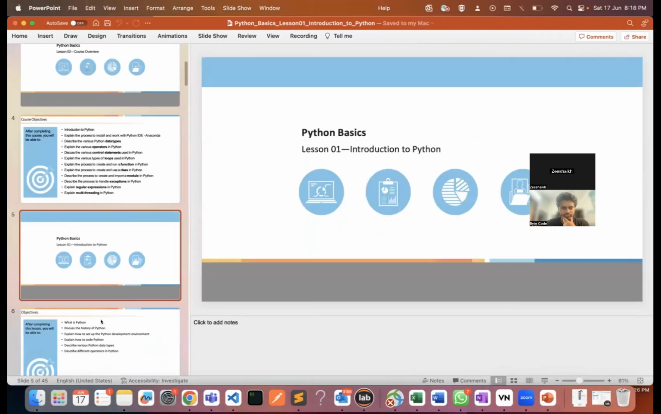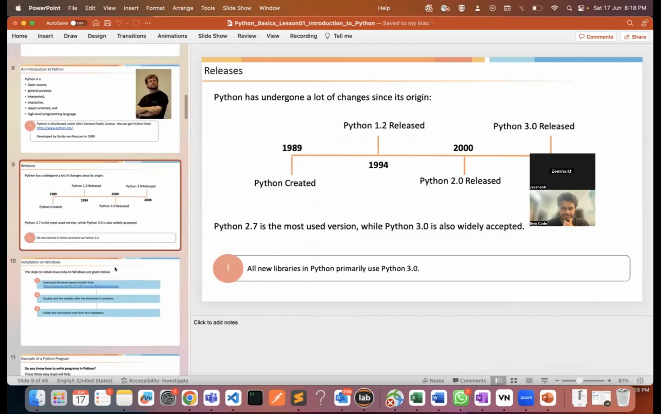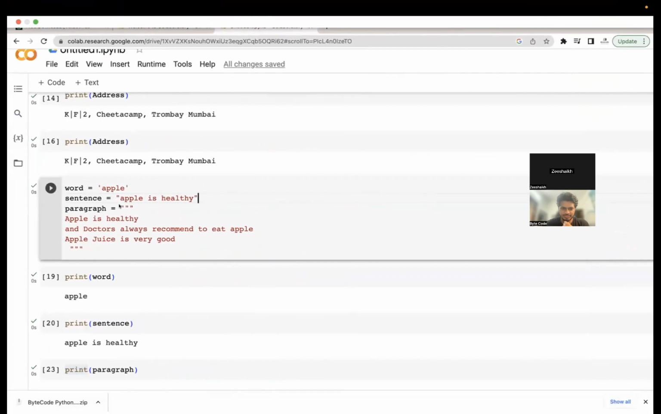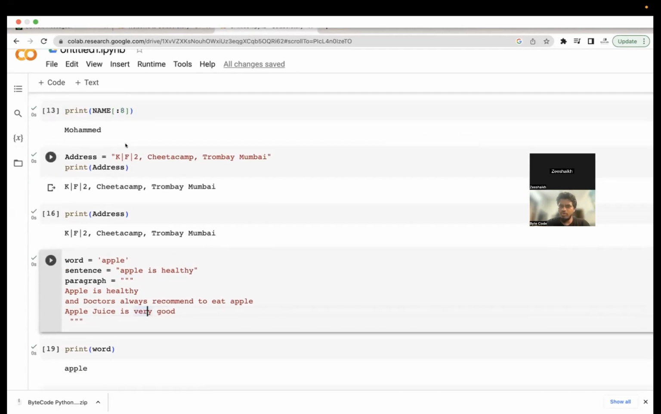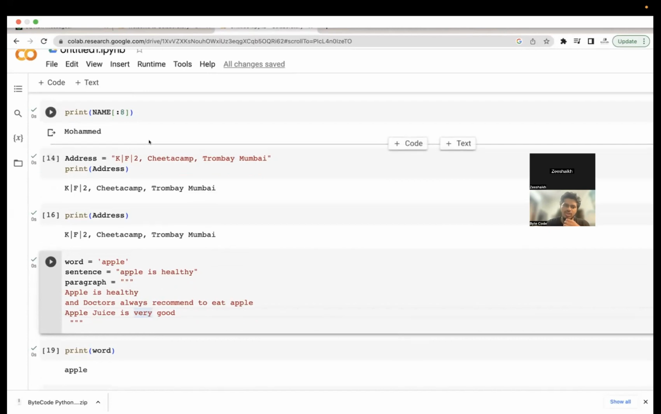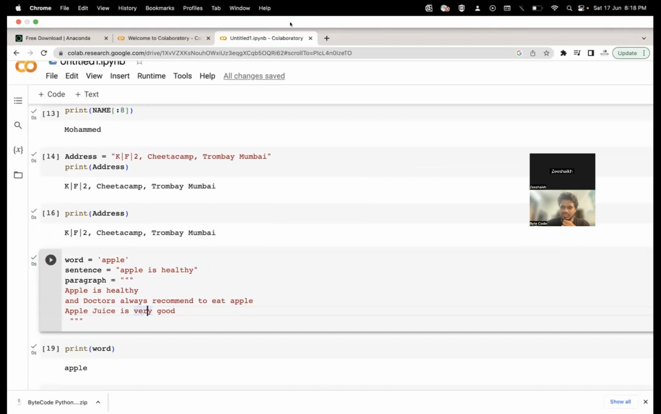Whenever we are writing a paragraph, we need to have three quotes at the start and three quotes at the end. These are the building blocks of learning Python. First, you have to understand what a print function is, how you can give input to a print function and get output, and how you can declare variables. These variables, whatever we have seen, are